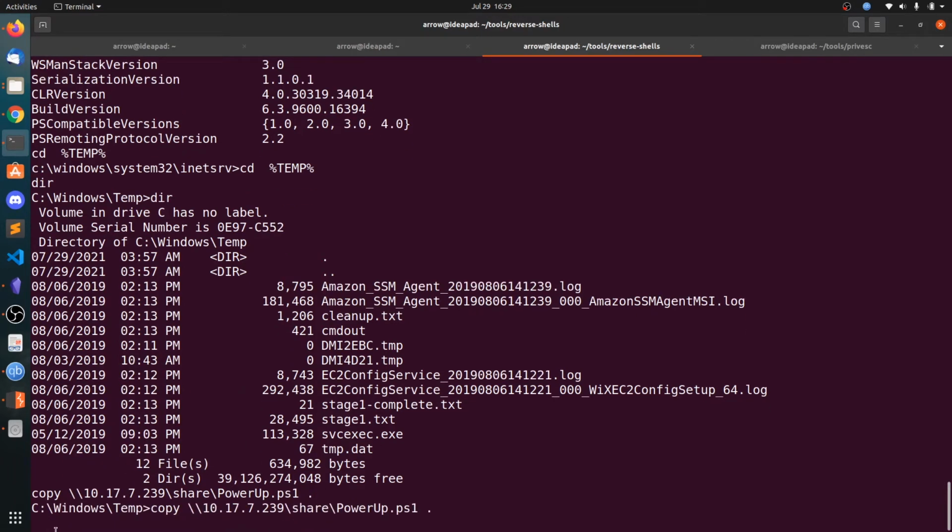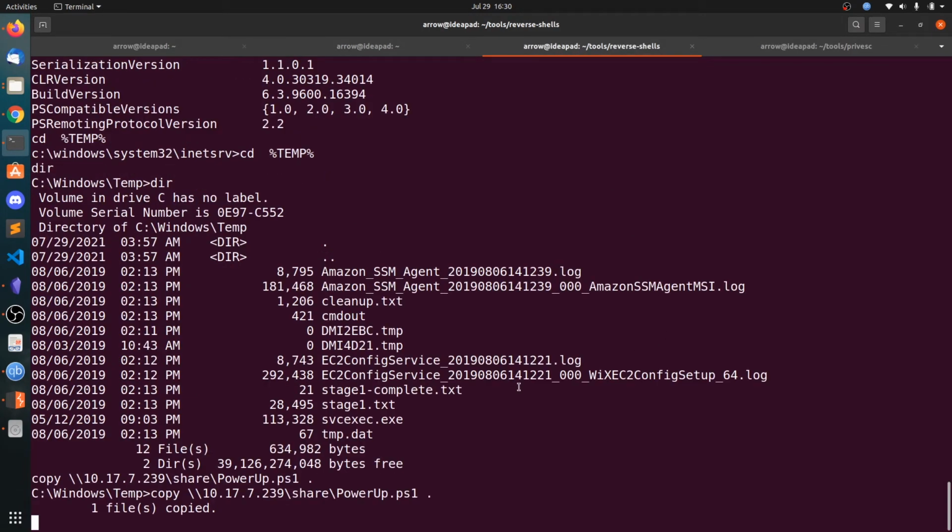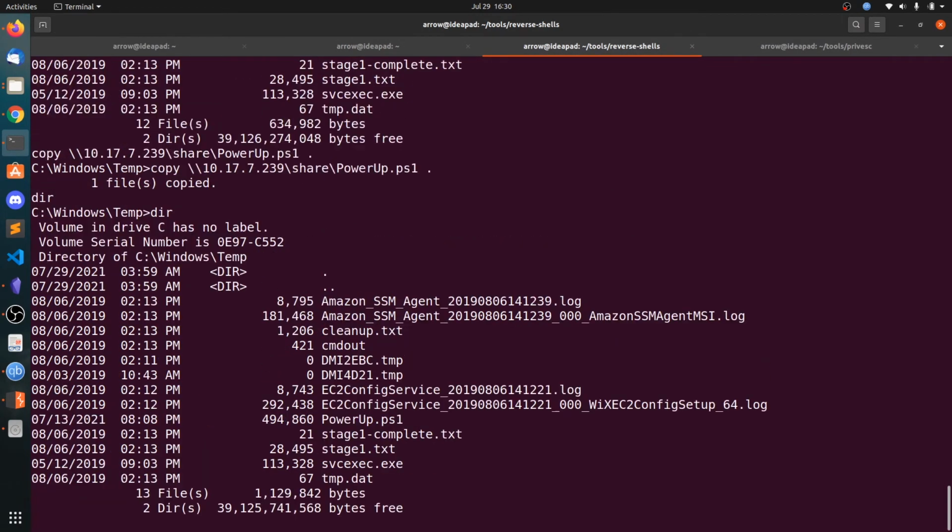So we are copying PowerUp to the temp directory. And here you can see we have the NetNTLM version 2 authentication. And now let's say dir, and you can see powerup.ps1.